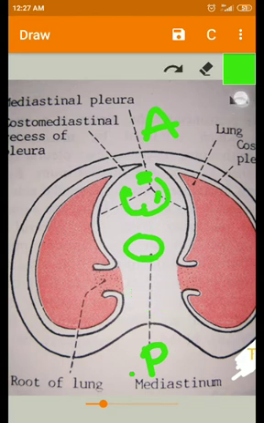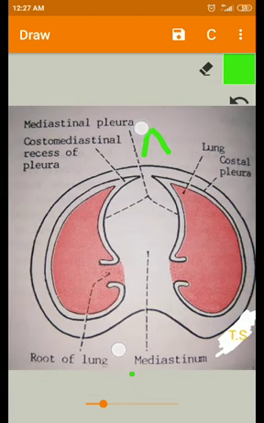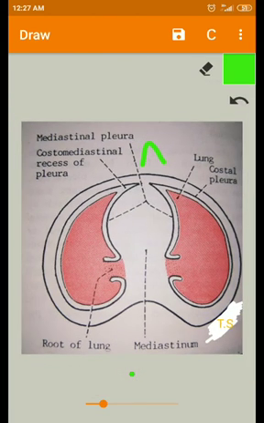Okay, so these are the structures, and many other structures are also present. These are the main structures which are present in the mediastinum. Here this is the transverse section. This outer layer is the wall, and this one is the lungs. Okay, and here this is the root of the lung. Near the lung it is covered by the visceral layer, and then the next one is the parietal layer.